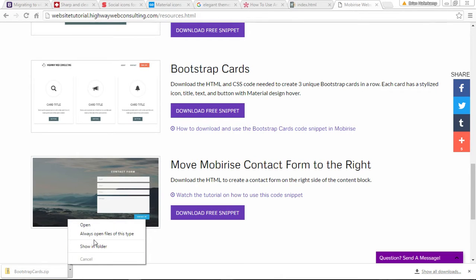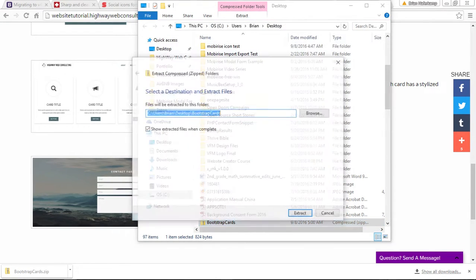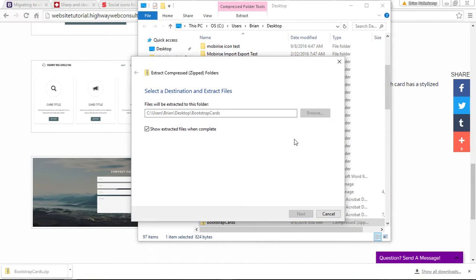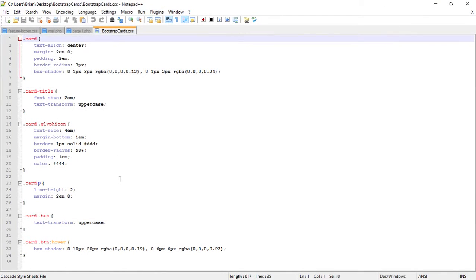And let's unzip it. So this, by the way, is how you use this Bootstrap Cards snippet. I showed this in a different video. So if we open our code, you can see this is our CSS here, and because we're tapping into the Glyphicon, right? That's not going to work either. So let's go ahead and